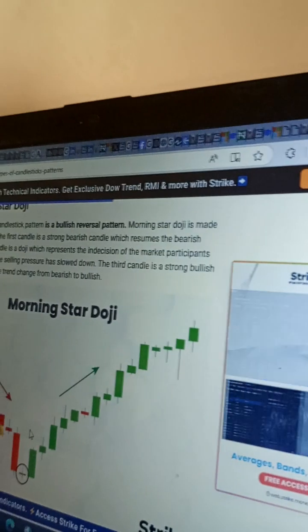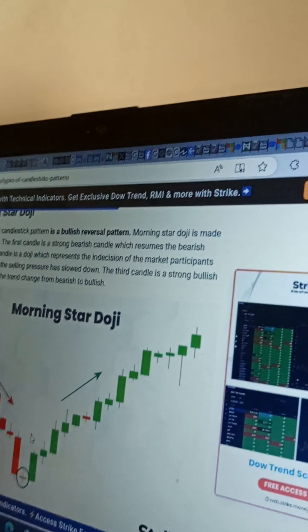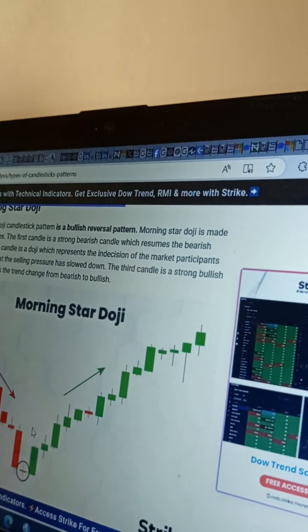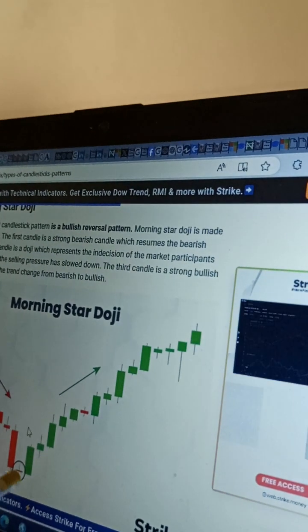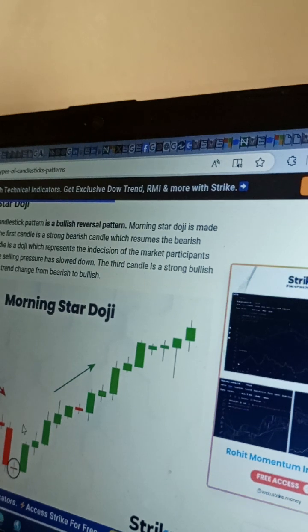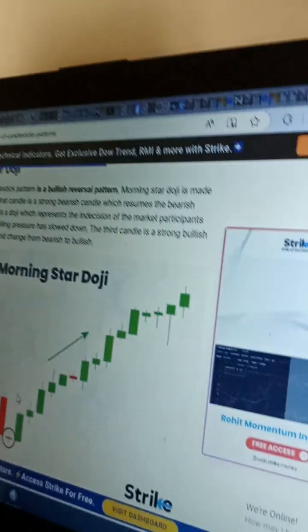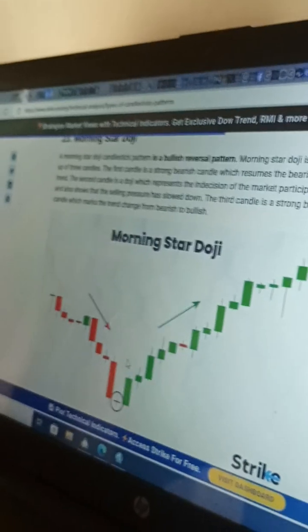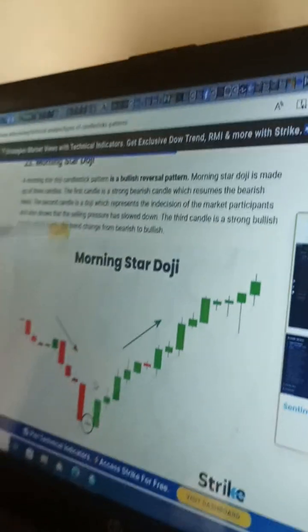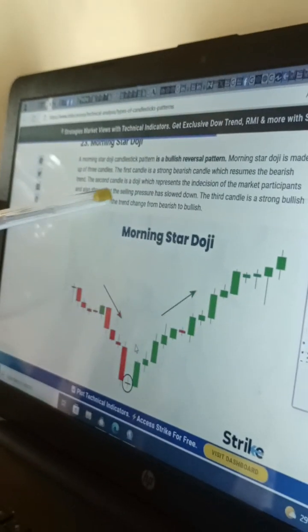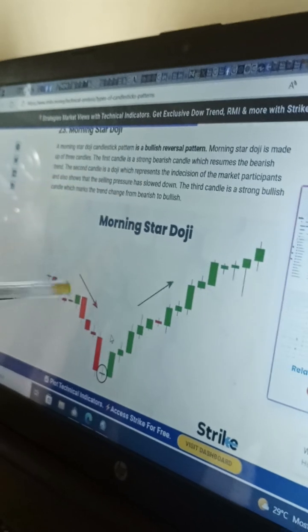The first one is bearish. I noticed something on that candle. Yes. That shadow is green. This candle, right? The shadow is green. Why is this thing red? So it's neither bearish nor bullish. Now, showing indecision of the market participant, and also shows that the selling pressure has slowed down because we're